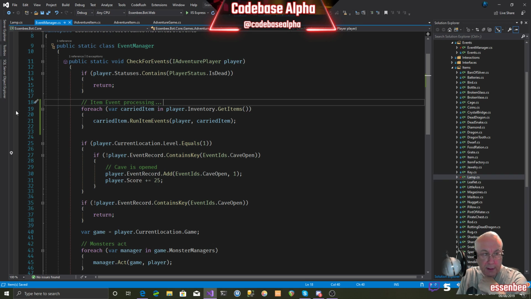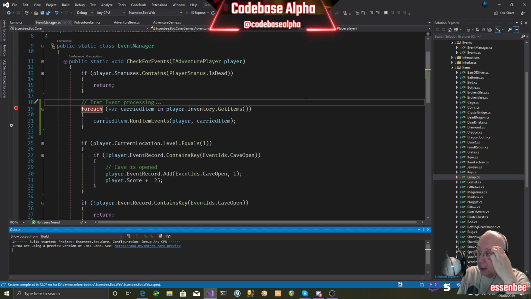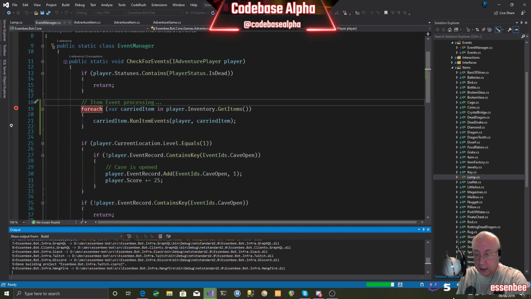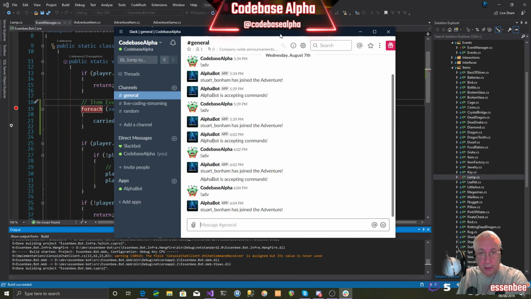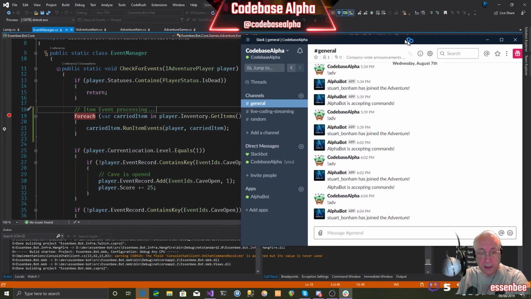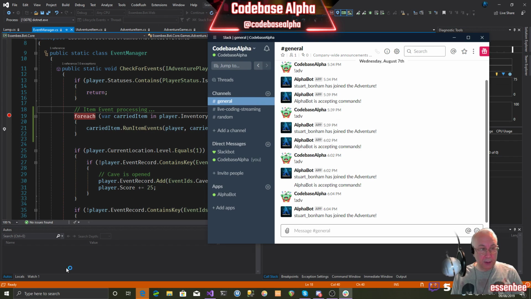And what we're going to do is stick a breakpoint in here, and we're going to go and run our code. So we'll use a Slack client to actually play the adventure. We don't need to go very far into the adventure to actually test this out, which is always a bonus in this. Okay, so